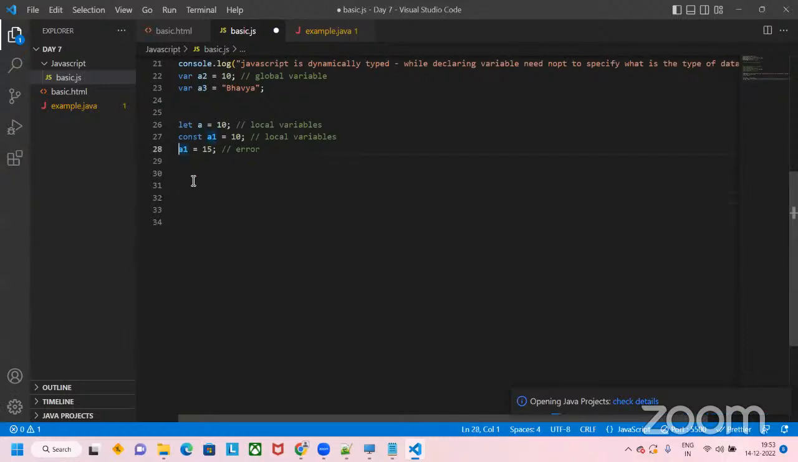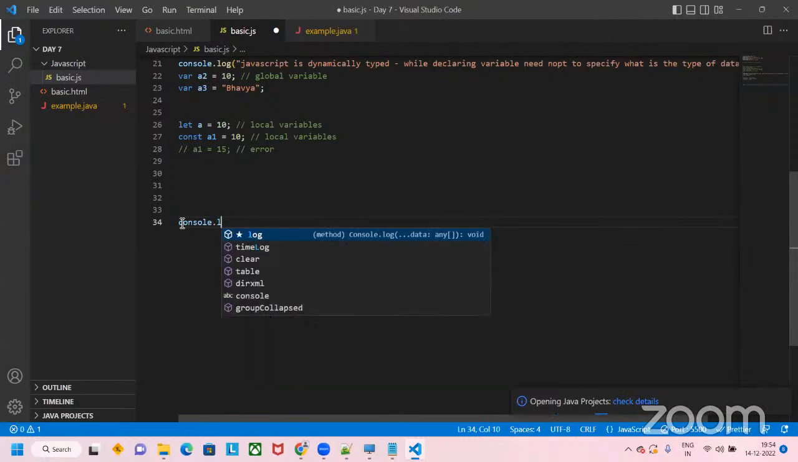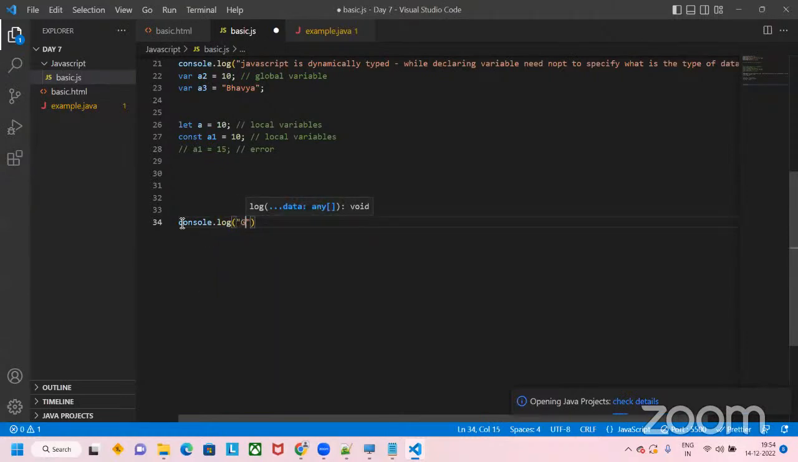Anyways, it is giving an error. I will just comment it out, otherwise it will not execute further. Line number 35, what I will do is I will say console log global variable value, and then I will say